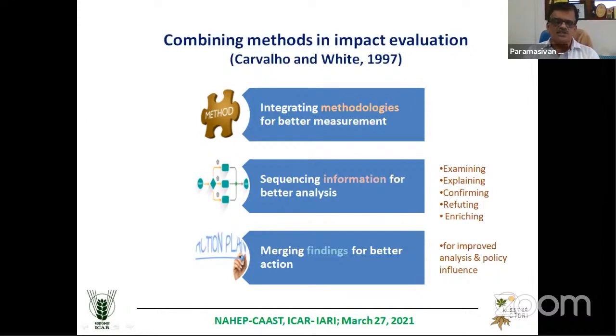Several constructs I mentioned. Good governance is one construct, empowerment is another, social capital is another, and food security. Even food security, unless you quantify it, because there are many quantifiable definitions of food insecurity, but there are also papers which measure food insecurity in terms of the perception of the people.